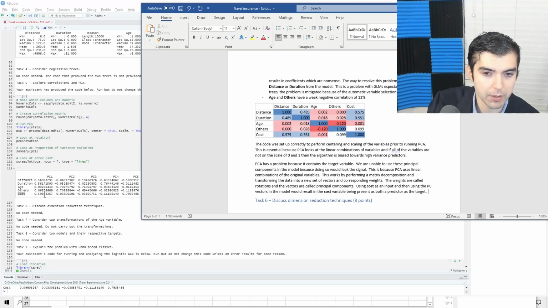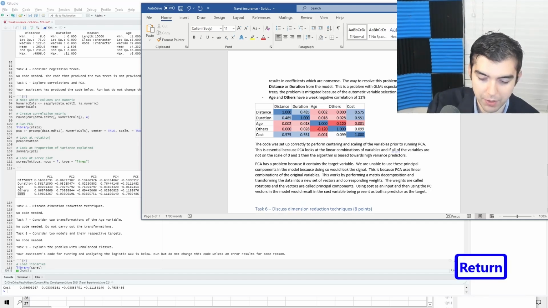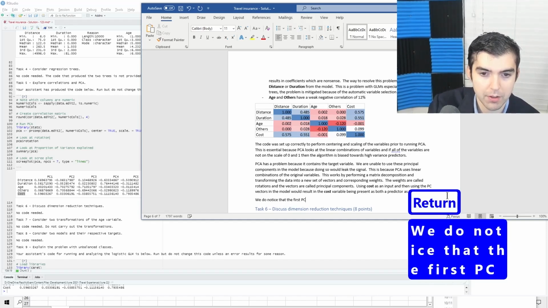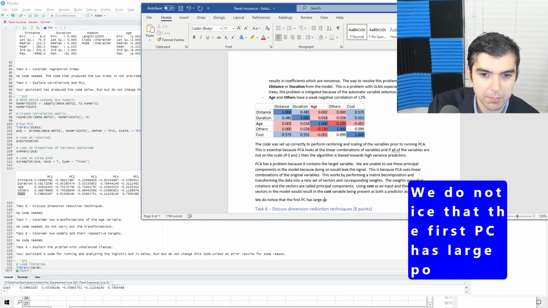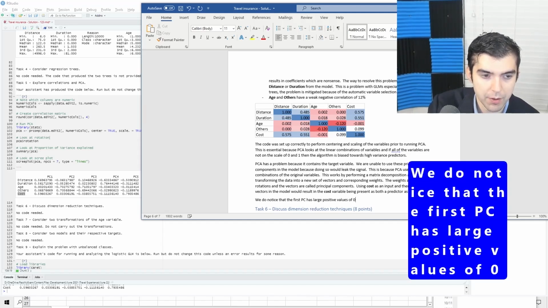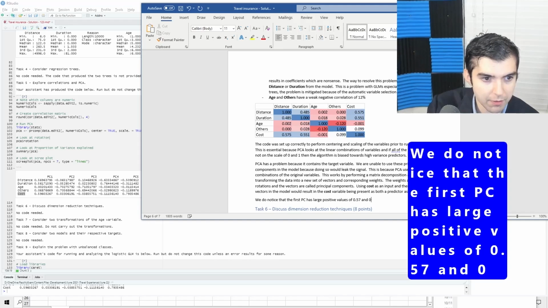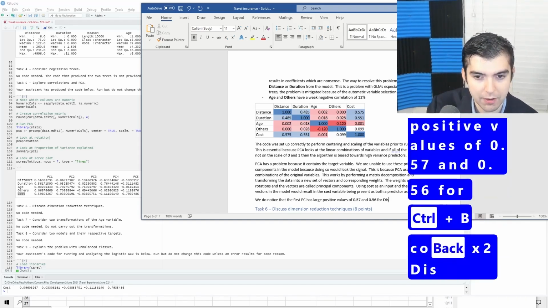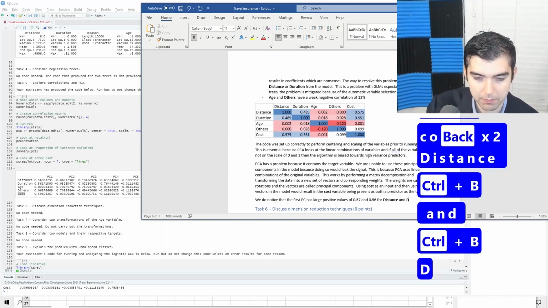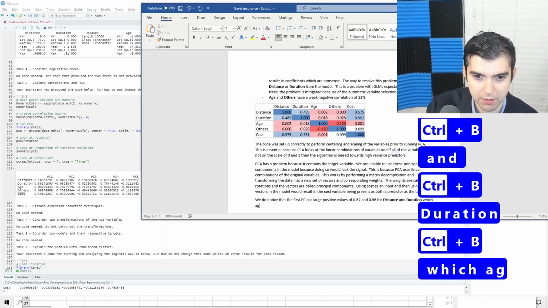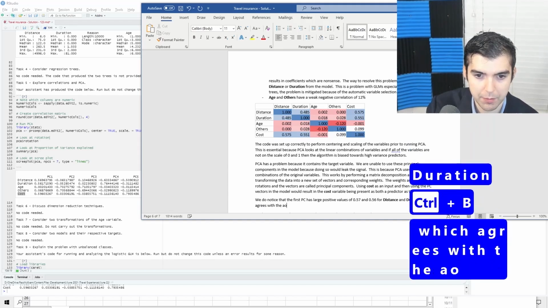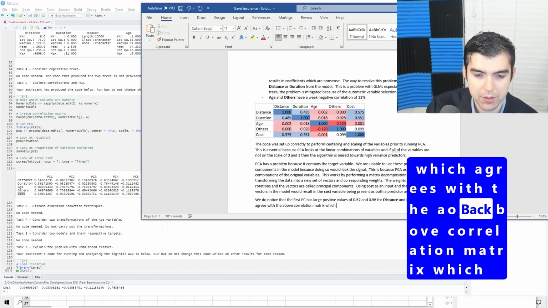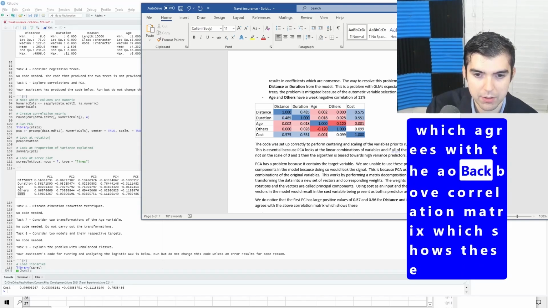It is worth noting though that the first principal component has large values for distance and duration, and we saw that those were correlated. So you can note that. We do note the first PC has large positive values of 0.57 and 0.56 for distance and duration, which agrees with the above correlation matrix, which shows these correlations.